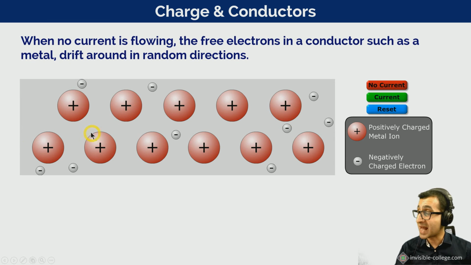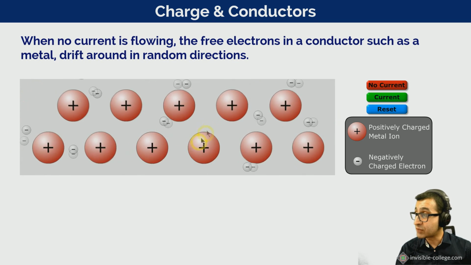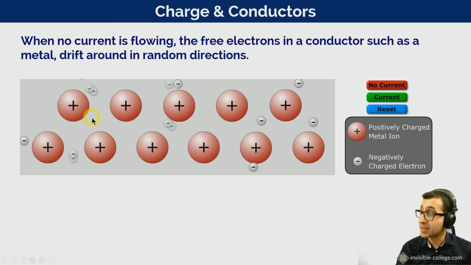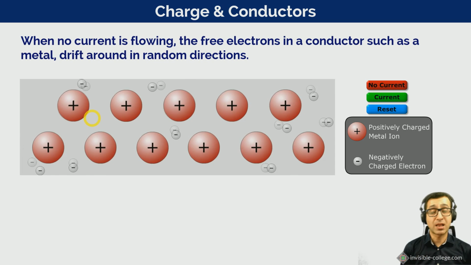So when you take lots of sodium atoms, which are all neutral, and you put them all together in elemental sodium, each one of those sodium atoms shares its outermost electron with all the other sodium atoms, and those outermost electrons become delocalized. They are not localized to any particular atom. They are able to move freely between those metal ions, and then those negatively charged delocalized electrons act as a negatively charged glue which holds all of the positively charged metal ions in that lump of metal together,